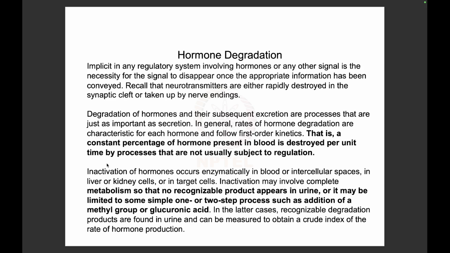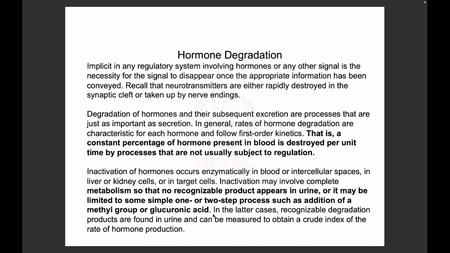That is, a constant percentage of hormone present in blood is destroyed per unit time by processes that are not usually subject to regulation. Inactivation may involve complete metabolism so that no recognizable product appears in urine, or it may be limited to some simple one or two step process such as addition of a methyl group or